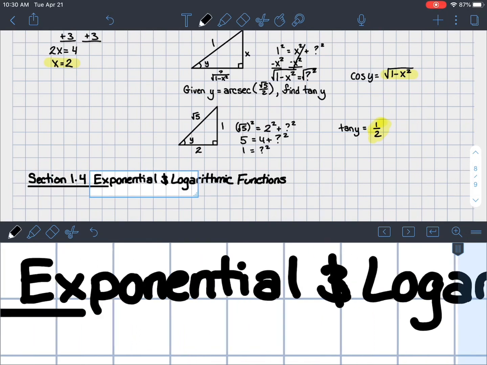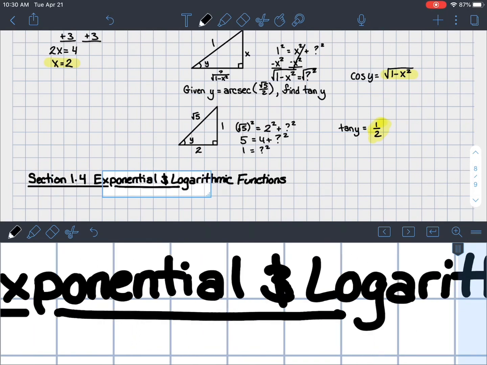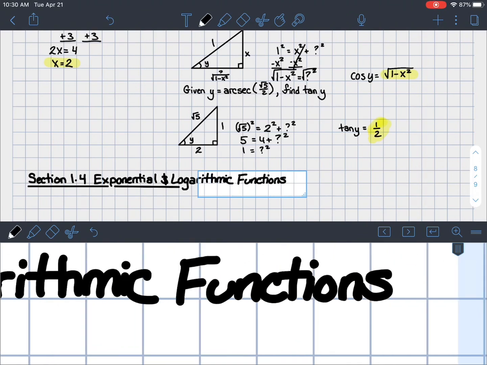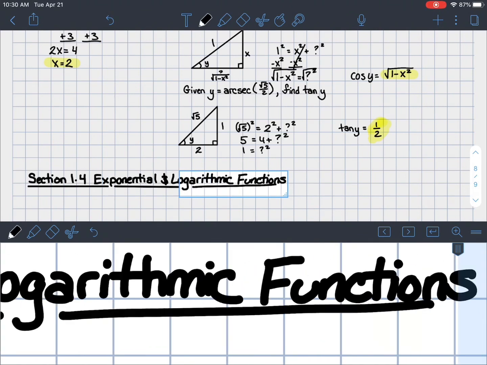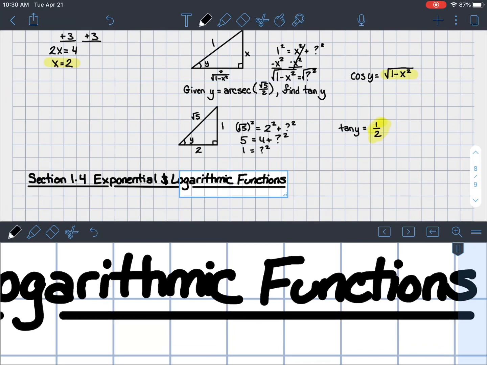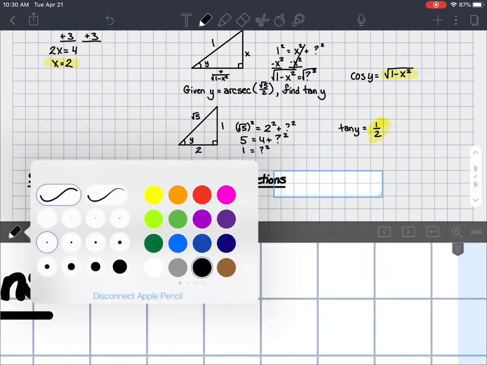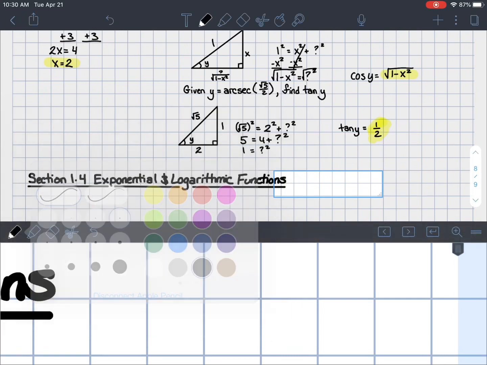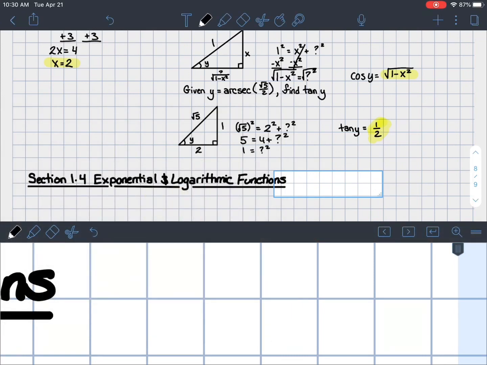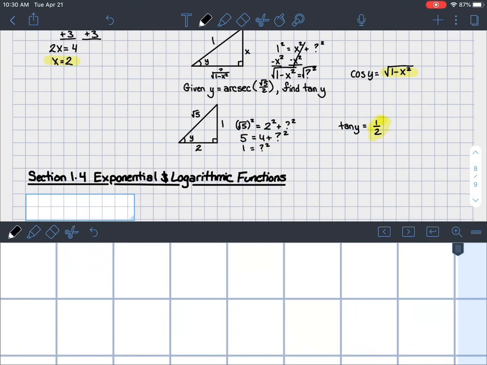We've seen functions such as x squared, where the unknown or the input is in the base, and then the exponent itself is a number. Exponentials are the other way around. That's when the base is a number, and the unknown or the input, or x, is in the exponent. Let's take a look